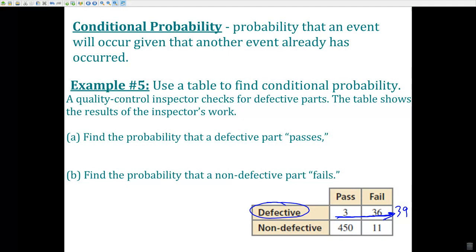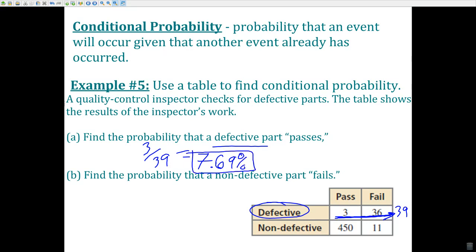What was the probability that the defective part passed? Well, it was 3 of 39, right? Because we're only looking at the defective category here. Okay, that's 7.69%